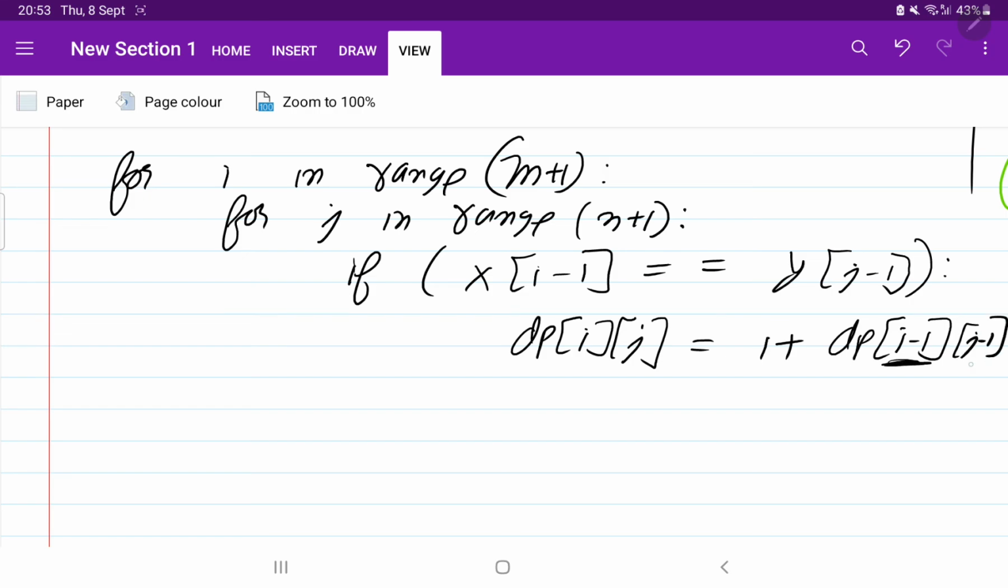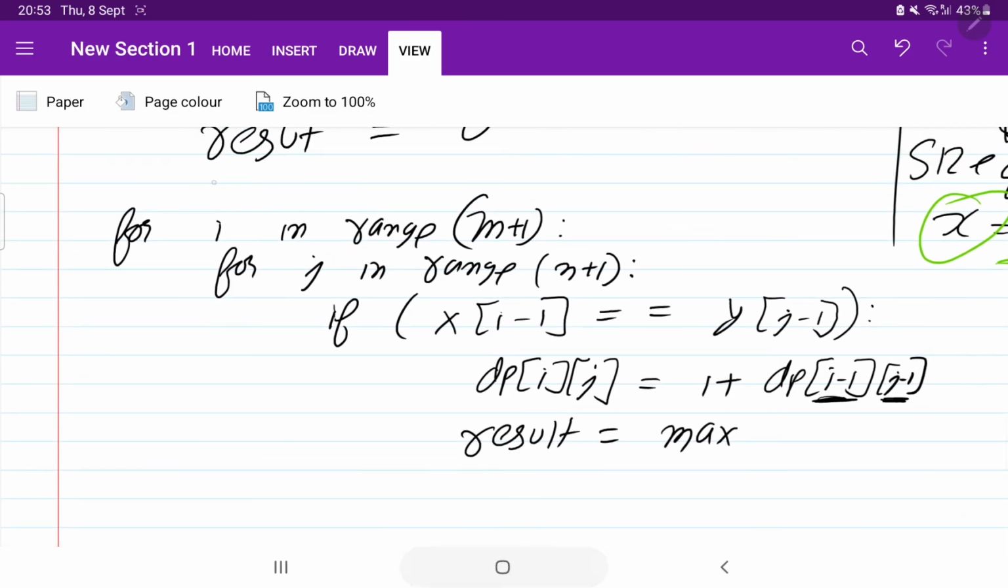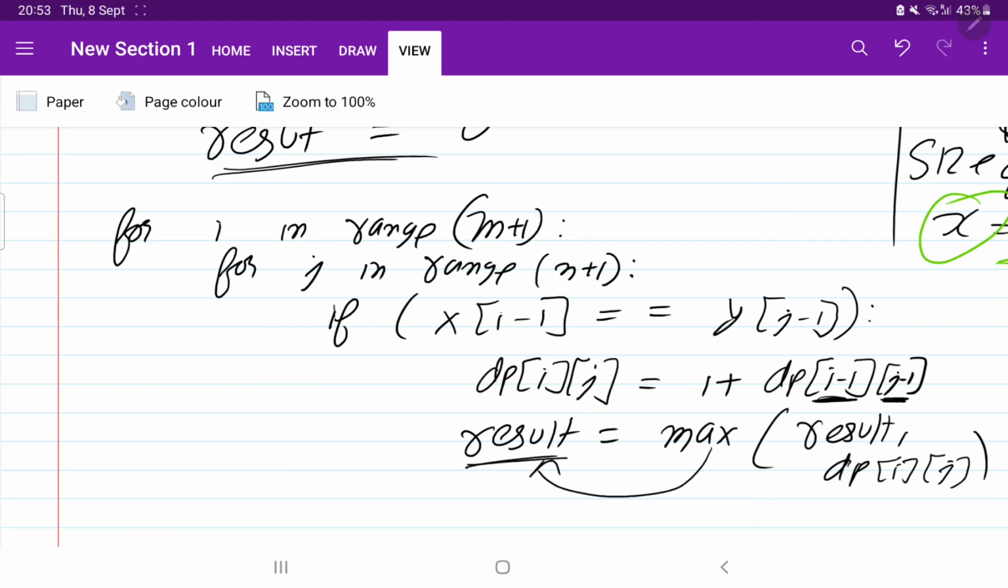So this is the size decrement of x, this is the size decrement of y. This we have done. Now we are going to compare whether the value we already have in the result is maximum, or the value we are getting from here, dp i comma j, is maximum. Whichever is maximum, please substitute here.